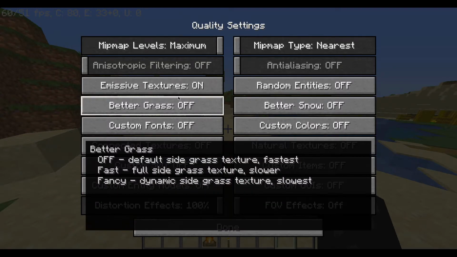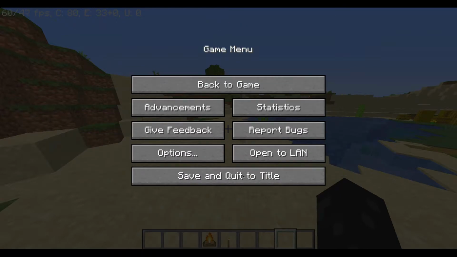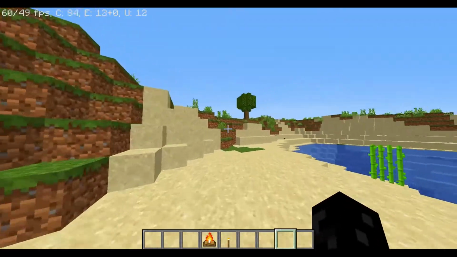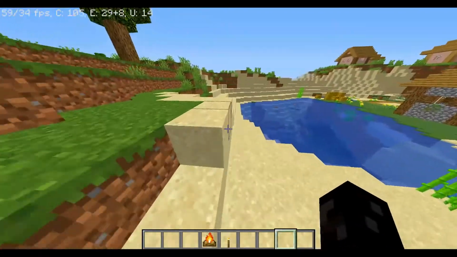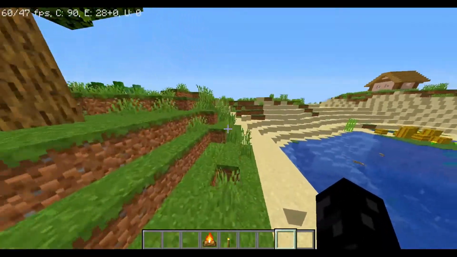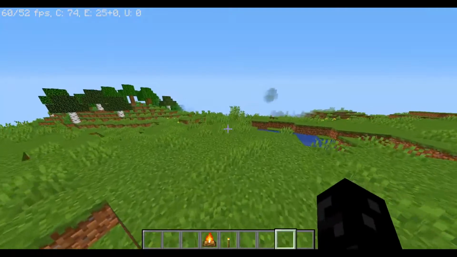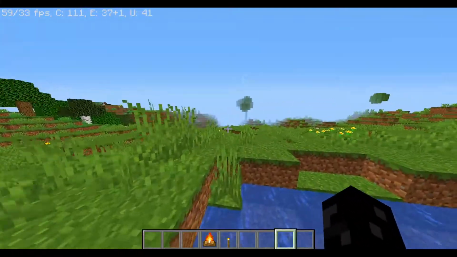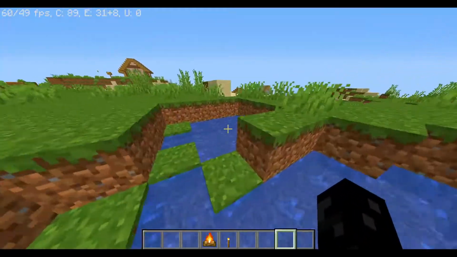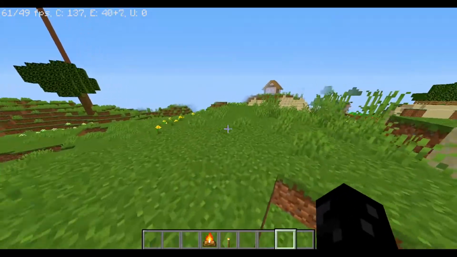Whatever text setting you want, off. Default grass, size, texture, fastest. You want everything to be on fastest. You'll make a difference. I'm not going to explain individually what everything does, but it'll make a big difference. So yeah, and the third is, I don't know, whatever there's numbers on screen. And the final tip is